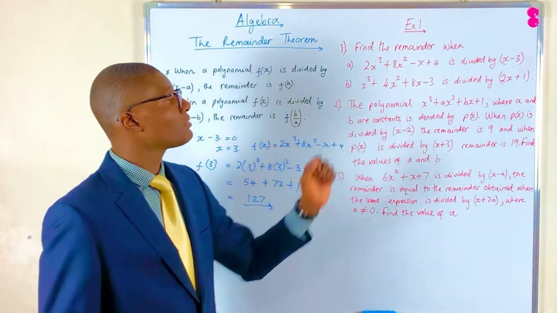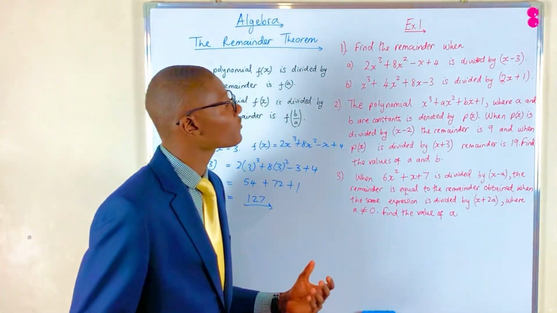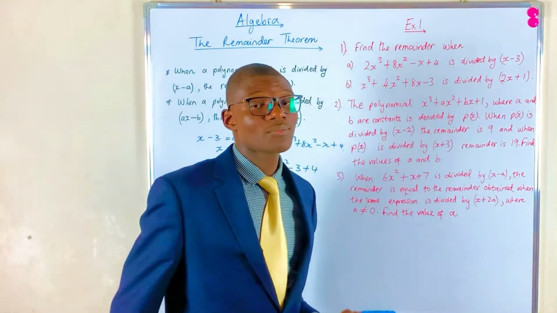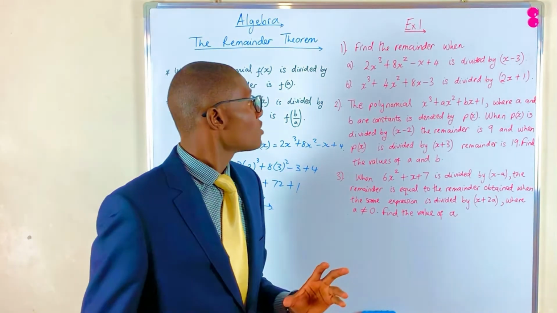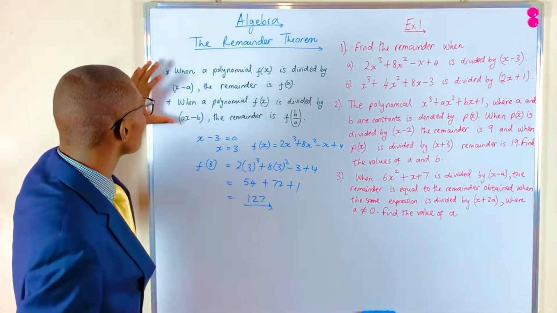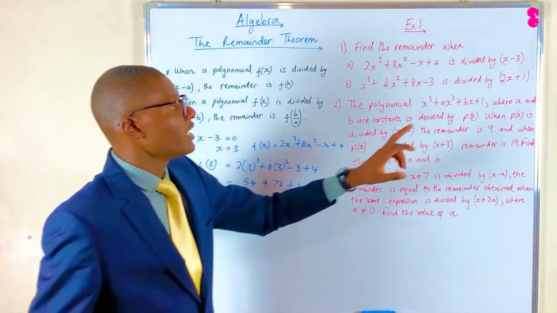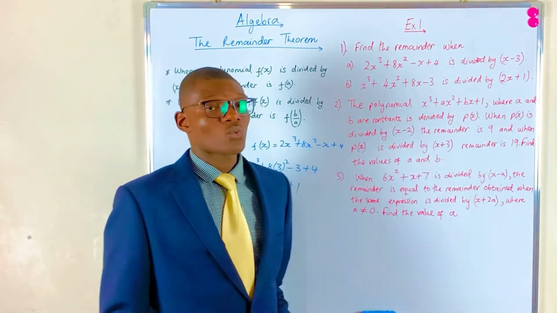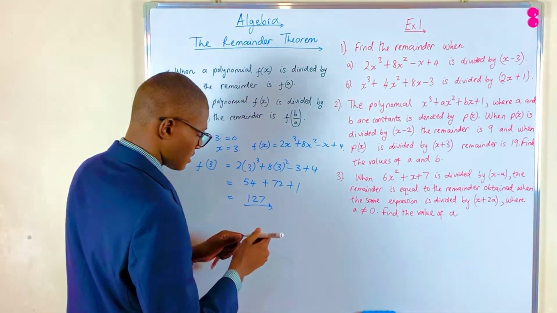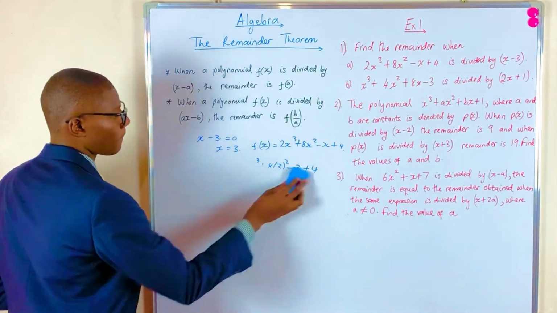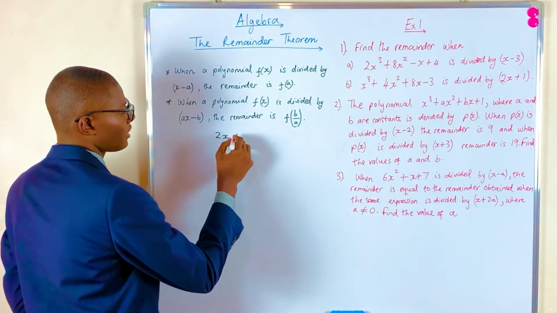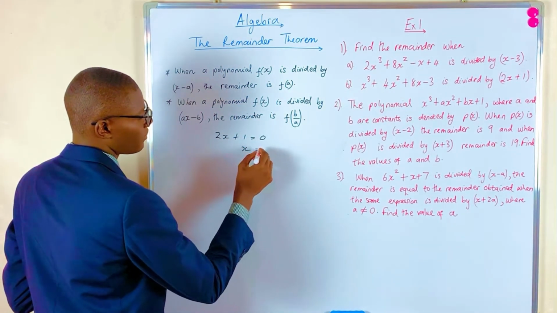And then for part B, we're told that x to the power of 3 plus 4x squared plus 8x minus 3 is divided by 2x plus 1. And we're asked to find the remainder. So we don't necessarily have to carry out the whole long division process, because we know that the remainder theorem states that if we're dividing by a factor 2x plus 1, right? So we're simply saying for 2x plus 1, if we let this be equal to 0,